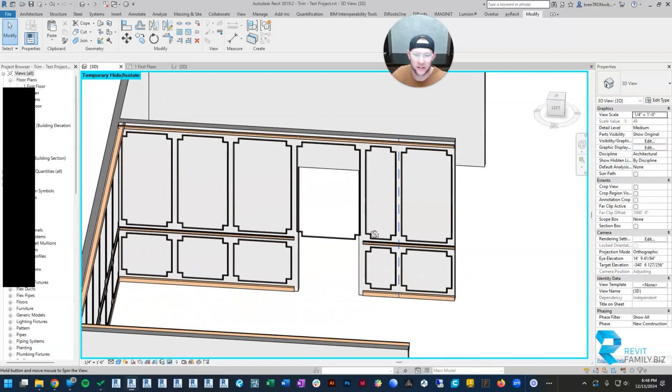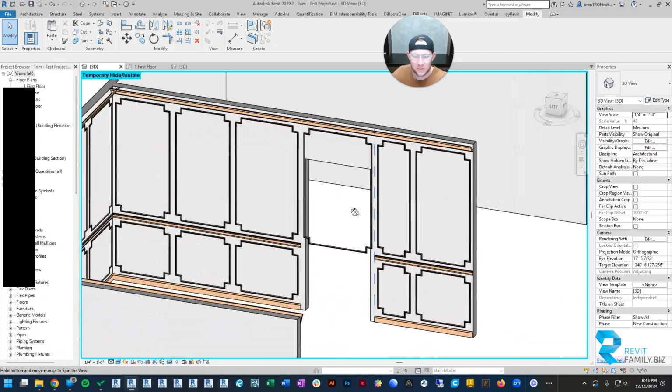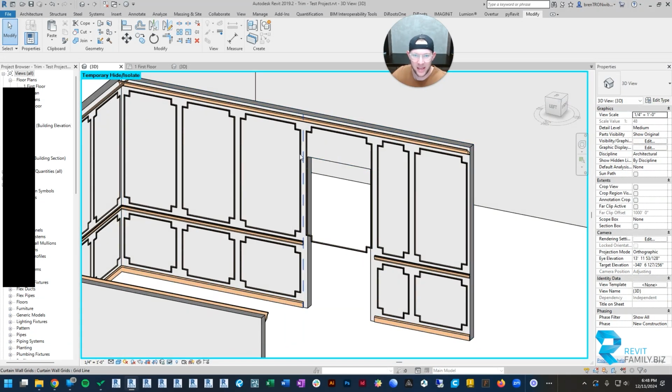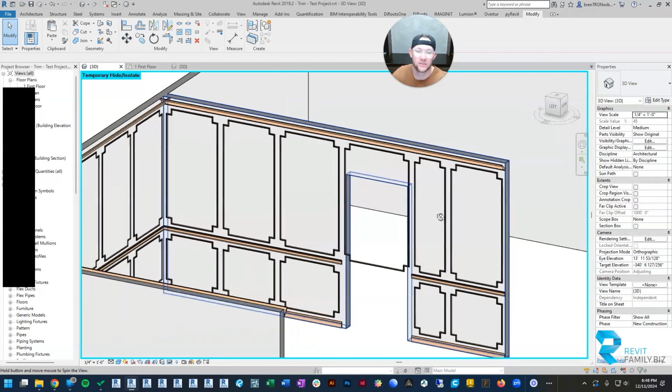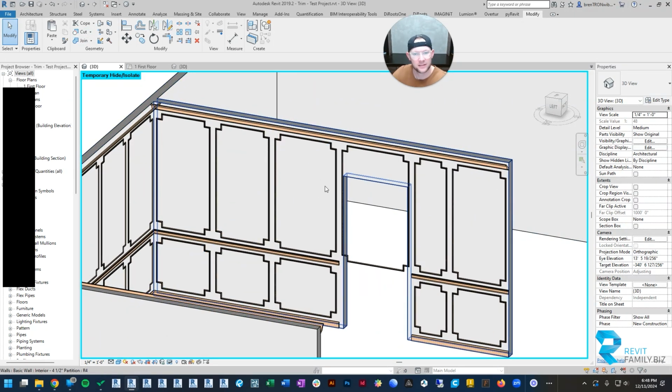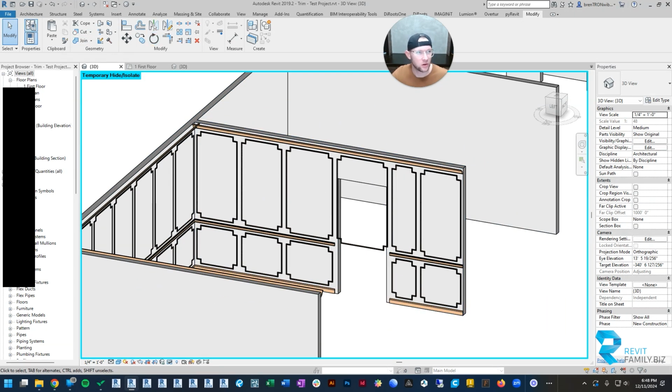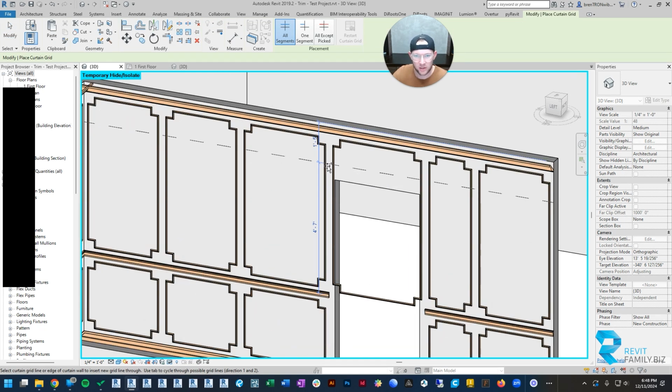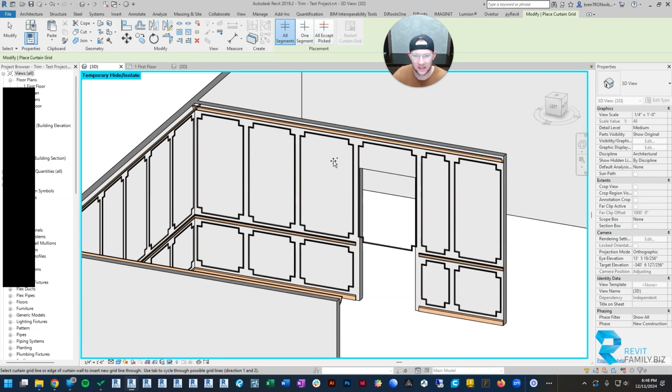Now, the last thing we got to figure out is above the door. So basically, we need the panel to stop here, which means we've got to add another curtain grid. So let's do that. Let's go to the curtain grid command, and we're just going to put another grid, and we want it to line with the top of the door, but we'll get to that in a second. Do you see how when I try to place the grid, it puts it along the whole length of the wall. We don't actually want a grid along the whole length of the wall. We just want a grid between these two grids that we just put in place that are on the edges